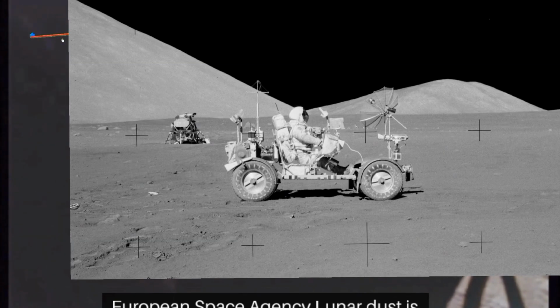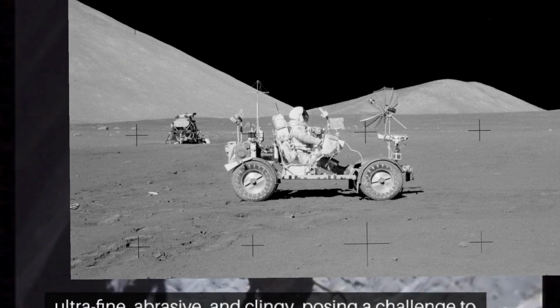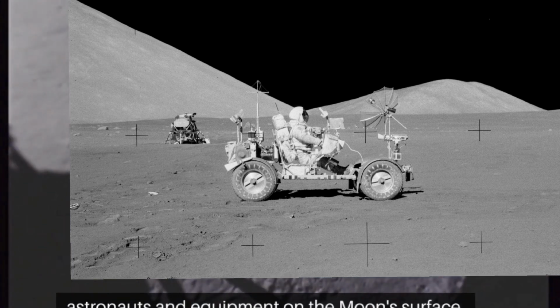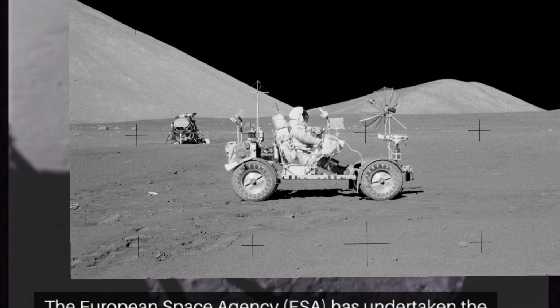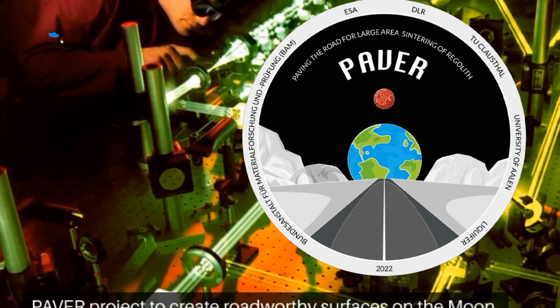Paving the way for lunar roads, an innovative project by the European Space Agency. Lunar dust is ultra-fine, abrasive, and clingy, posing a challenge to astronauts and equipment on the moon's surface. The European Space Agency (ESA) has undertaken the PAVER project to create a roadworthy surface on the moon using a